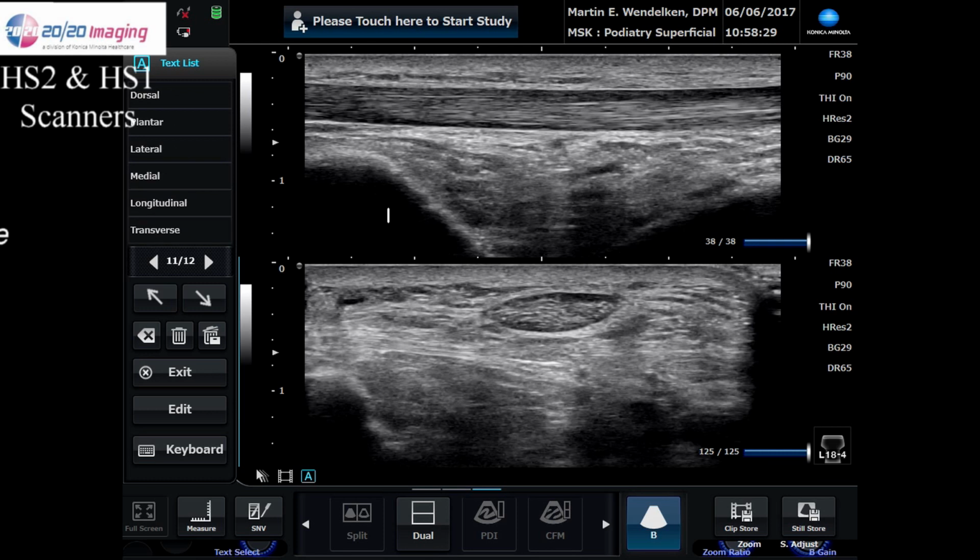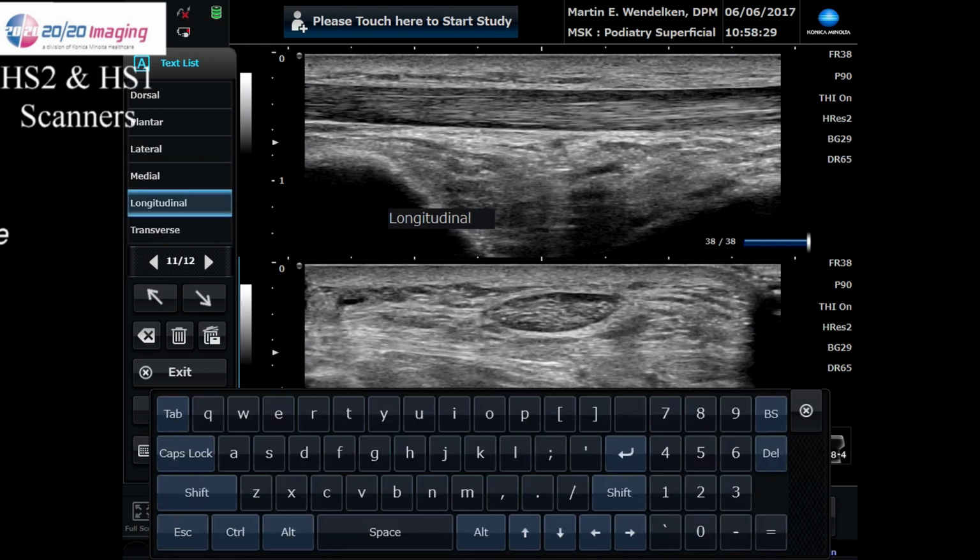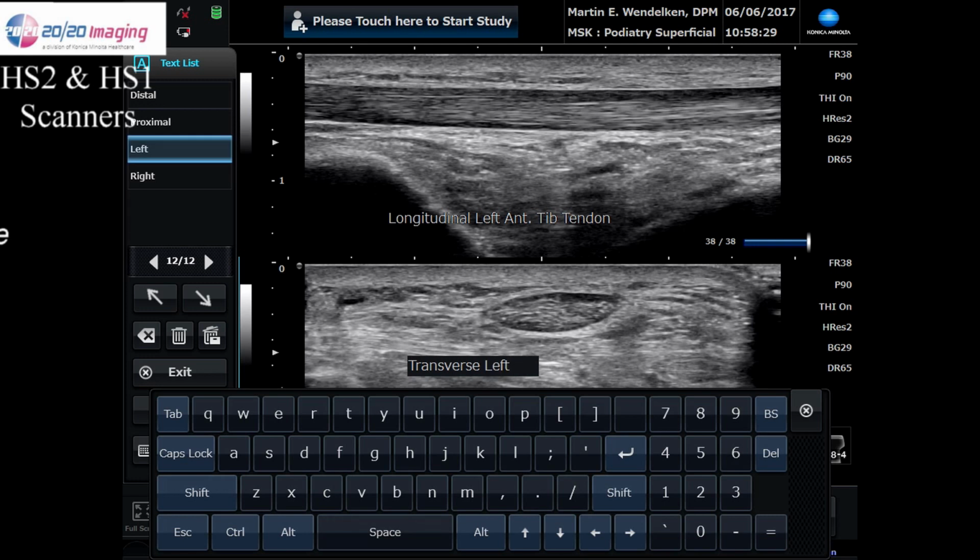Now, labeling the structures is really easy. On the left hand side you can see there's a menu where we can choose probe position, then we can choose the laterality, and then also whatever the structure may be. Here I'm labeling longitudinal left anterior tibial tendon, and on the lower half of the screen I have the transverse